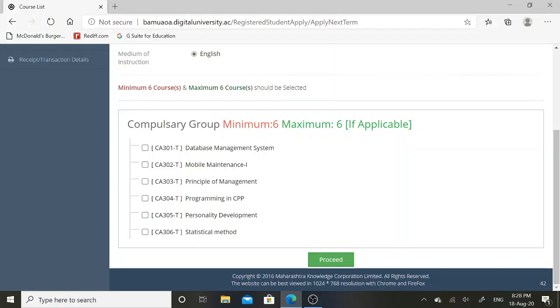If you are a student of second year, then you will find second year subjects of your appropriate course, and if you are a student of third year, then you will find subjects of third year of your stream. So here initially I will check the first checkbox, then the other checkboxes will automatically get checked. Then later on you need to click on this proceed button.